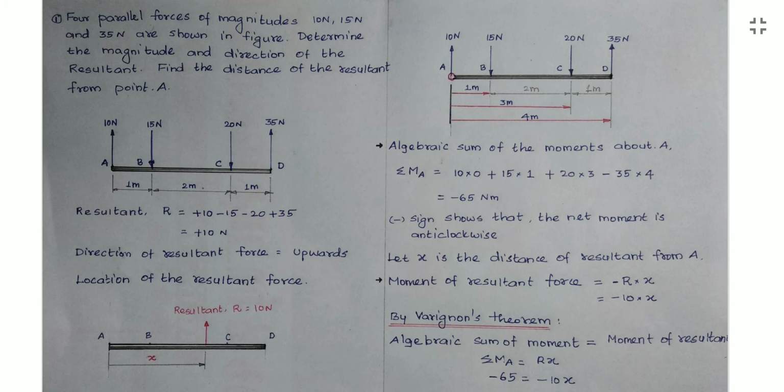Then moment due to the resultant force. Resultant force means a single force. So here we have 4 forces. I converted this into one force, that is the resultant force. So in the bar only one resultant force is acting. So the resultant force also has the property to rotate, right? This upward force, resultant force we already found, plus 10 upward force. This upward force rotates, here also it is fixed at A.